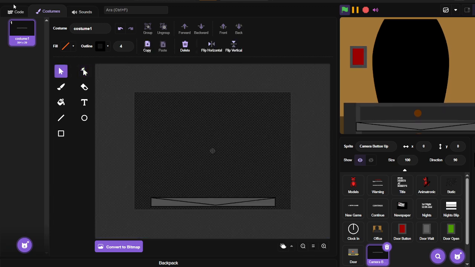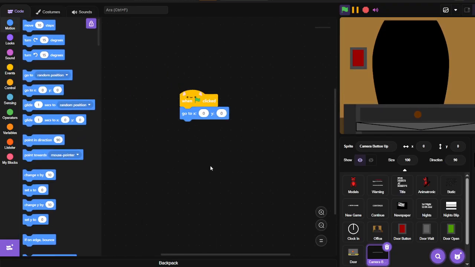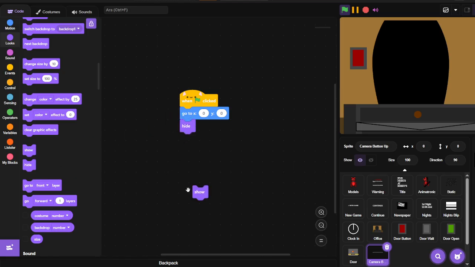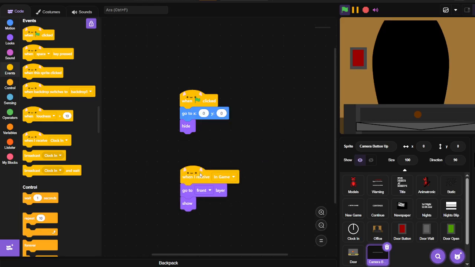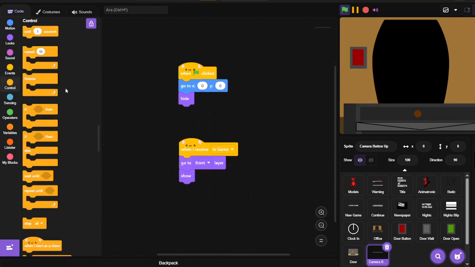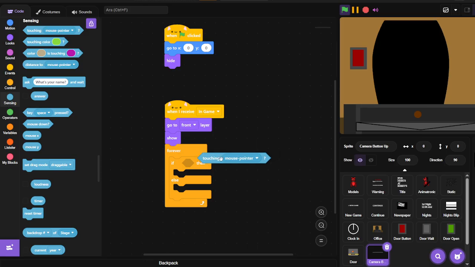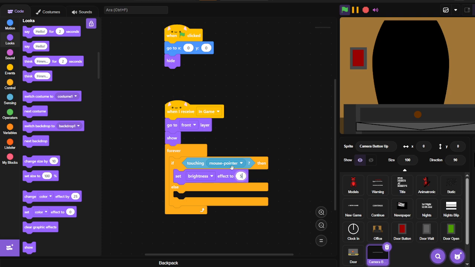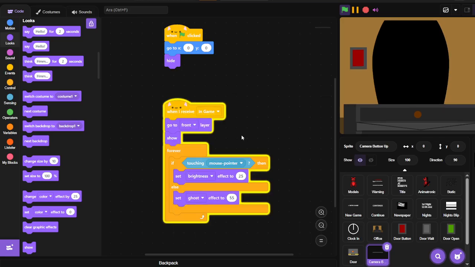Now you want to enter the code. When flag is clicked, go to 0 0, and then hide. Okay, show and go to front layer within the in-game. And then now add a forever in here and add if else. If touching mouse pointer, it should set the brightness to 25. Then the else will be ghost effect to 55. So yeah, we have this button,